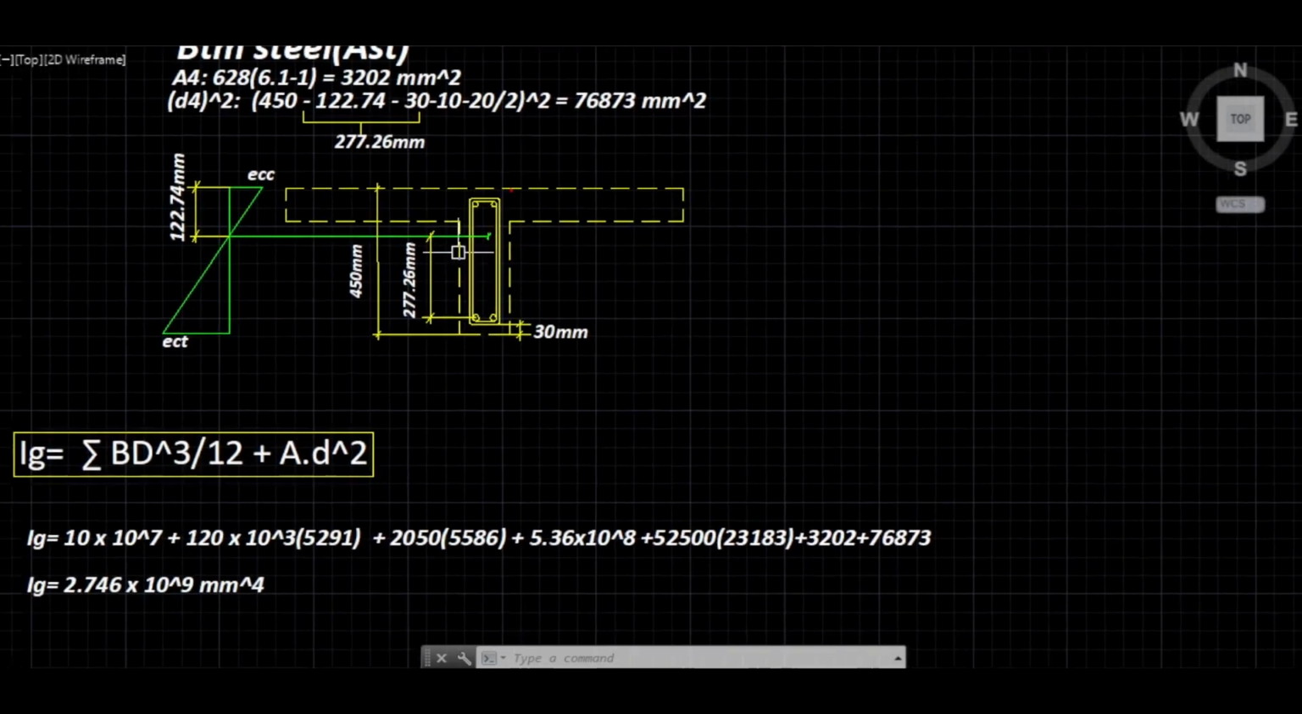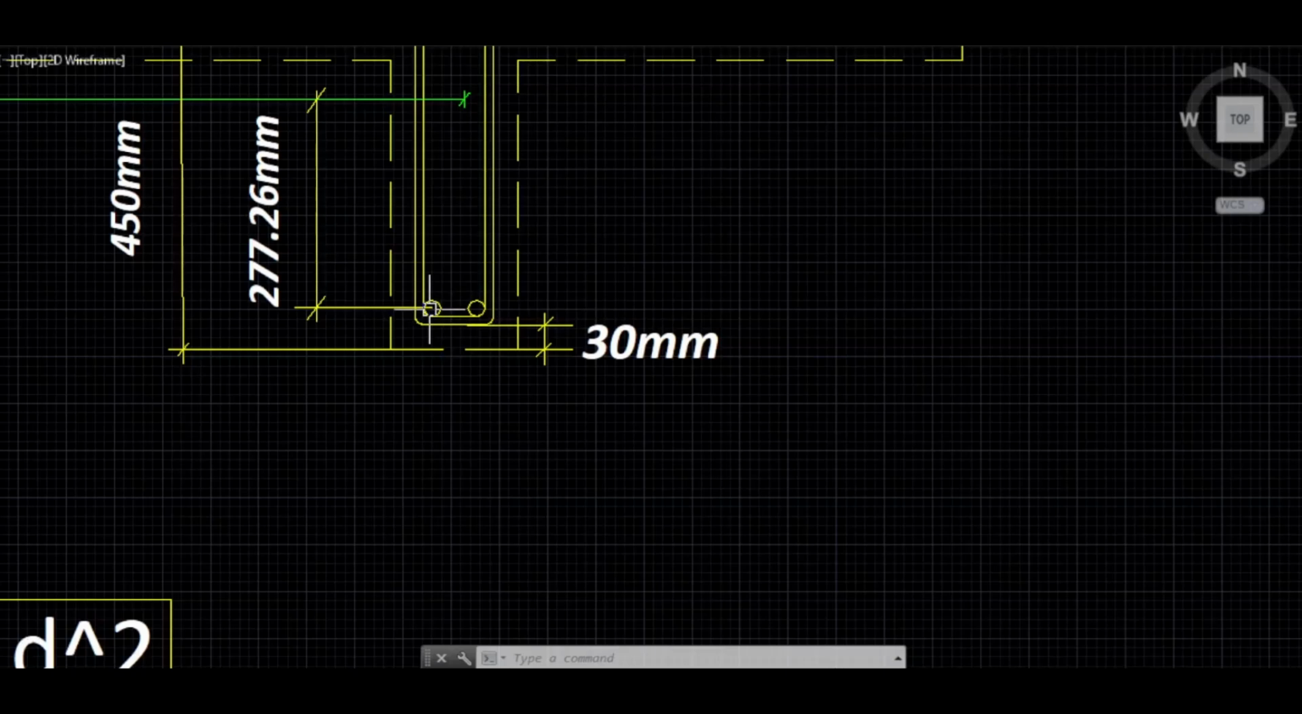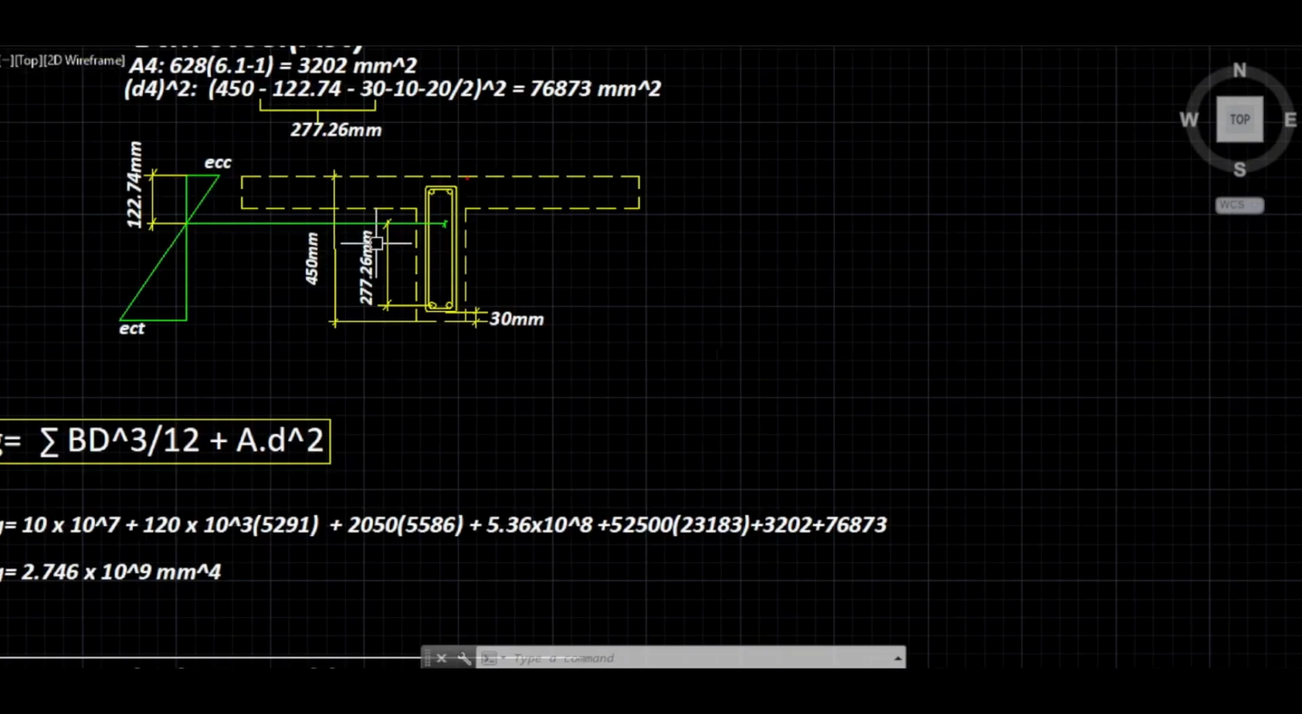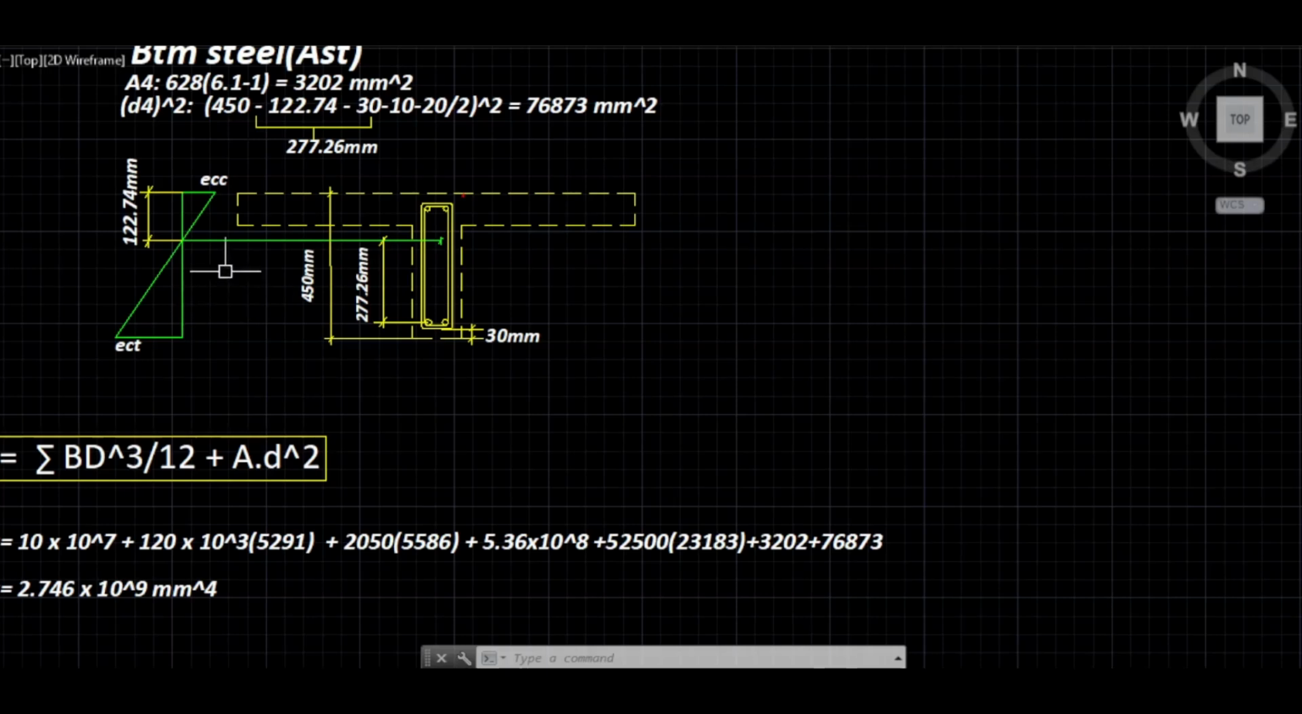And the distance in this case would be from the center of the bar to the neutral axis depth, which is the total depth for the section, 450 minus 122.74, and then we take away the cover, which is 30 millimeters, minus 10, minus the bar diameter divided by 2. And if we square that, that will give us 76,873 millimeters squared. And of course, the distance between the center of this bottom reinforcement to the neutral axis depth